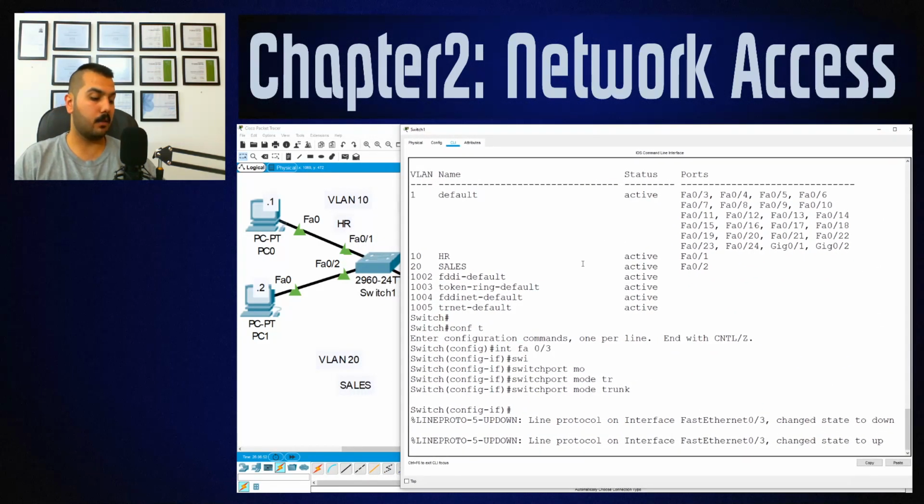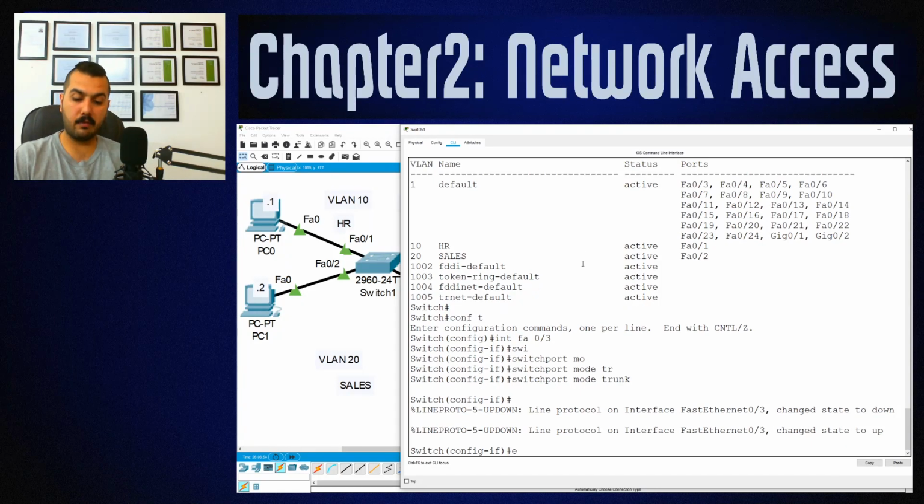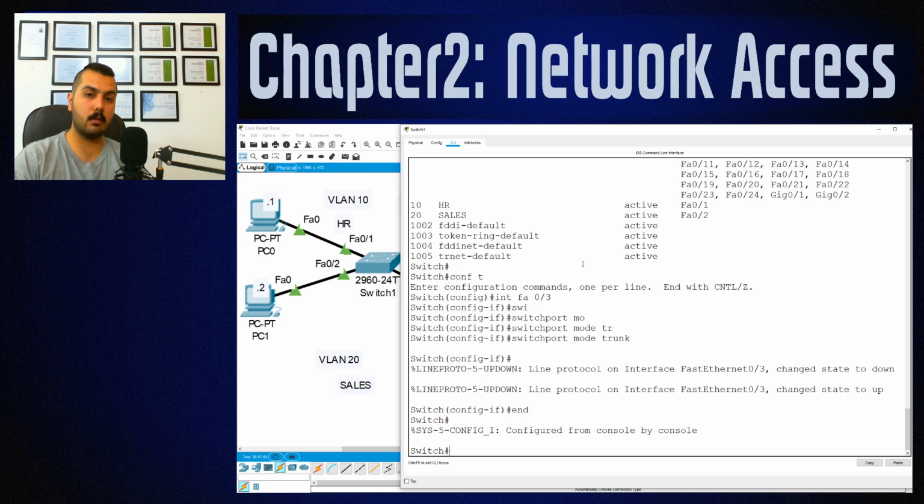Now I have my interface as trunk. How can I verify it? I can either type exit 2 times to go back to the privilege level or hit Ctrl+Z. This will be a shortcut to take me back to the privilege level directly, no matter in whatever mode or submode I'm in. Now show